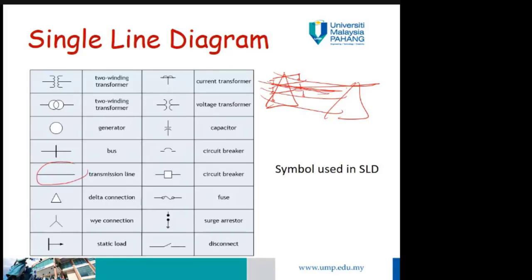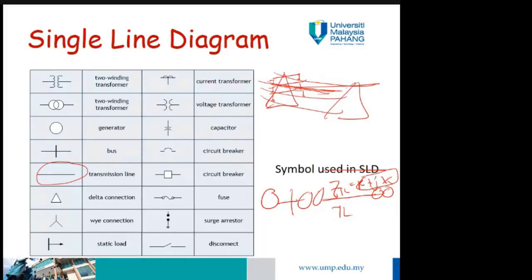Only a straight line. That's why when we have this generator, we have the transformer. This is the transmission line, only a straight line. Z of the transmission line is equal to R plus jωL, resistance plus inductance. This value represents the length of the transmission line. If the value is high, that means the transmission line is a long transmission line.